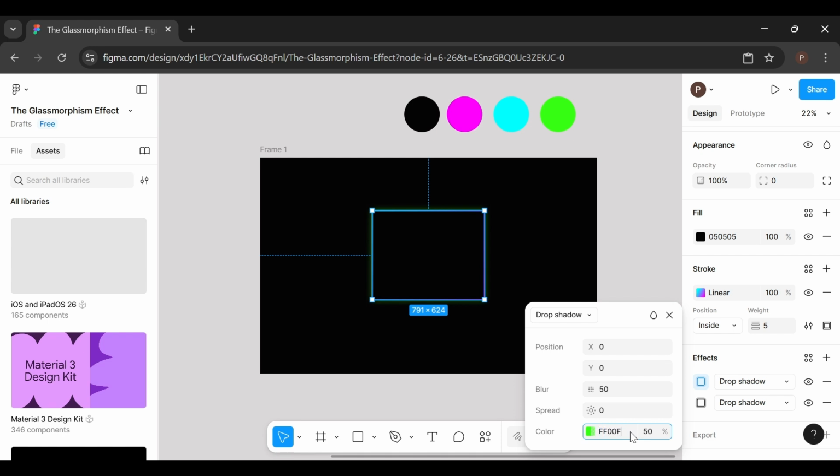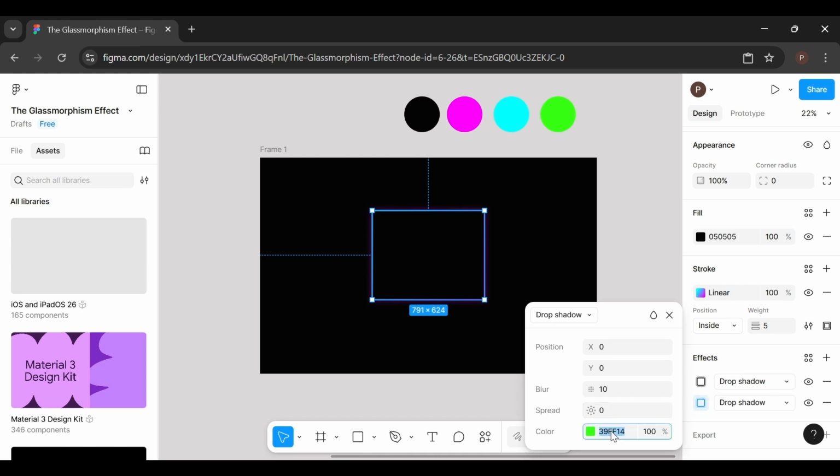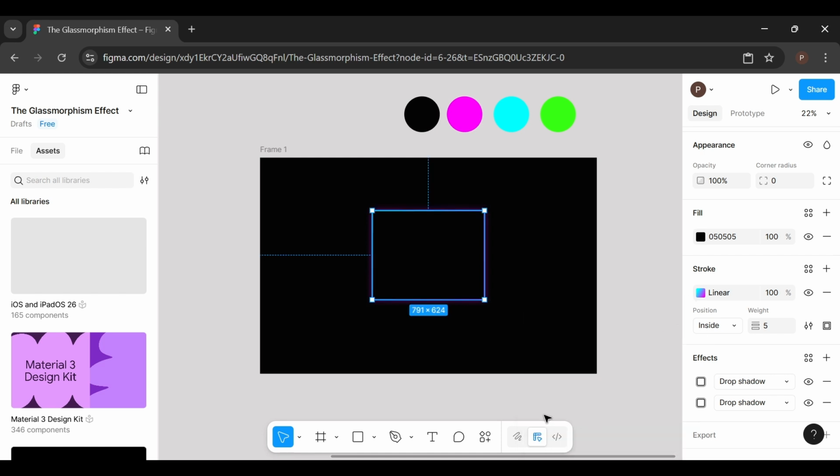Want more power? Add a second drop shadow. Keep X and Y at 0, but crank the blur up to 60. Now it has that atmospheric glow. You just made a neon sign in 60